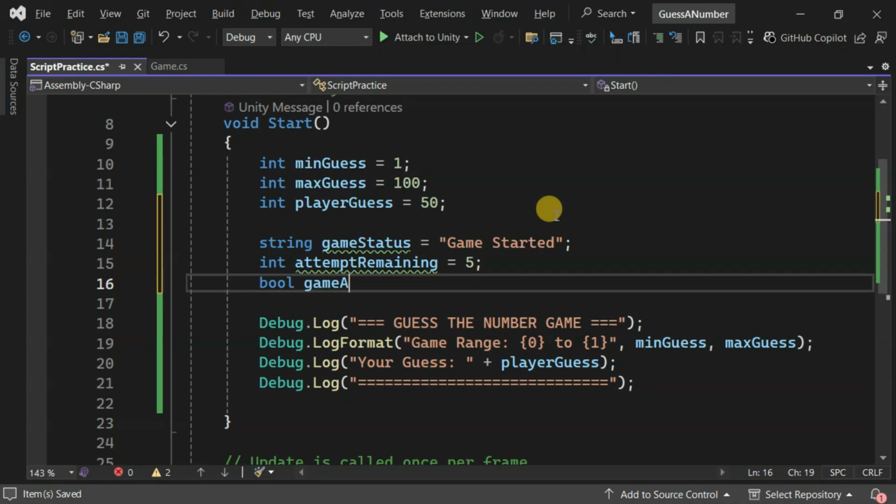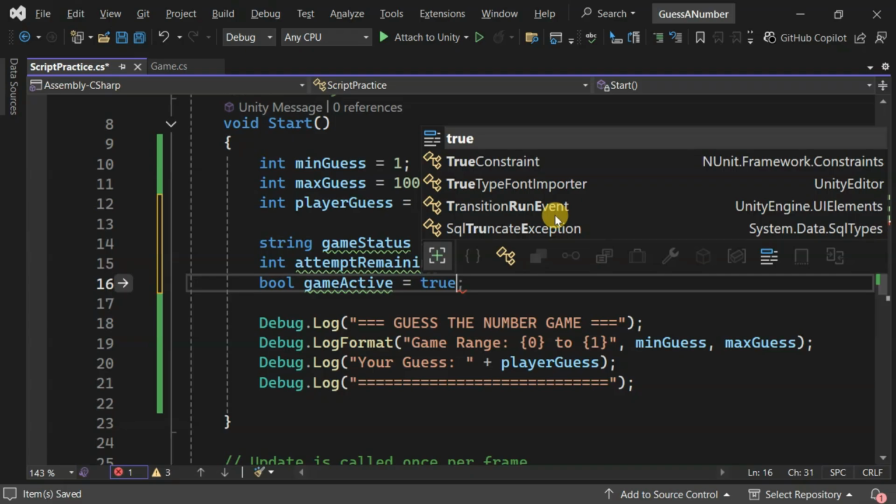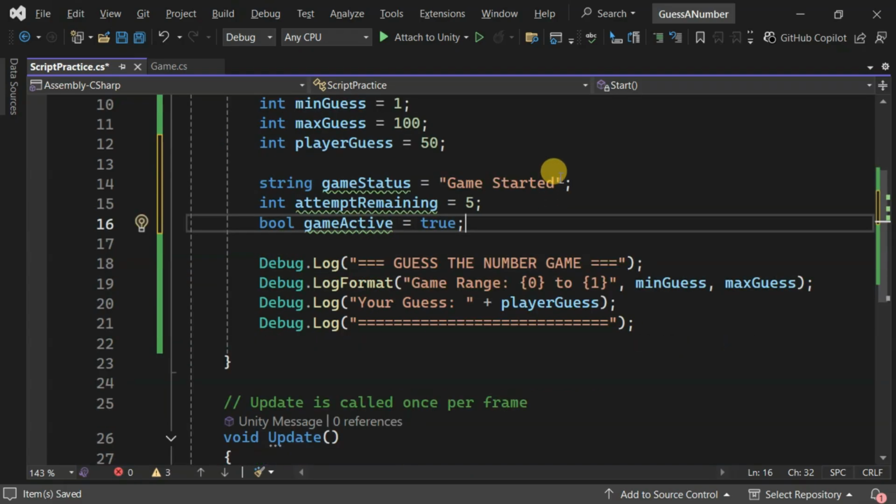And lastly, let's declare another variable named gameActive, which equals true. Since this is a Boolean variable, it can have only true or false values, nothing else. And now we're setting it to true, which later in our game will mean our game is currently active and running. So remember the pattern: int for whole numbers, no quotes needed; string for text, always use double quotes; bool for true or false, no quotes, just true or false. Each variable type serves a specific purpose and has its own rules. Master these three types and you'll be able to store any kind of information your games need.